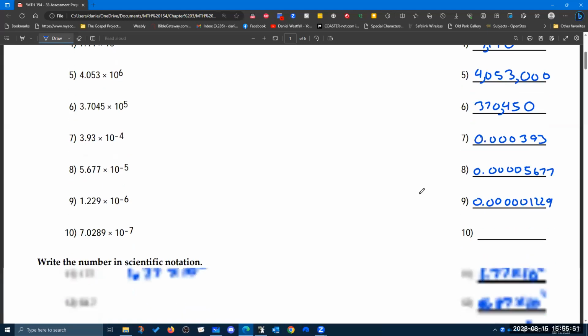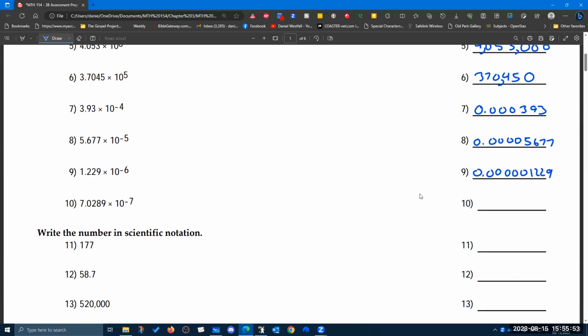And then we're going to move this decimal place 7 to the left. 0, so there's going to be 1, 2, 3, 4, 5, 6 zeros,